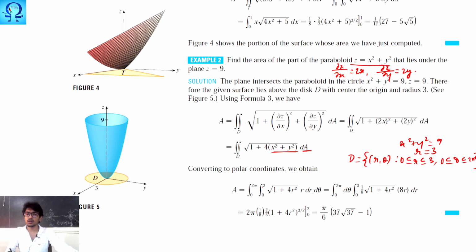If you notice, your limits are purely constants, right? Here r and theta are not combined in any of the terms. Hence, we may split these things up. That is, you may split the things with respect to theta one side and with respect to r one side and do the integration. Here also take your 1 plus 4r square to be some t. That is why you are going to have your 8r dr as dt. Do the substitutions as we did in the previous problem and do the rest of the calculations, then we are done with this problem.